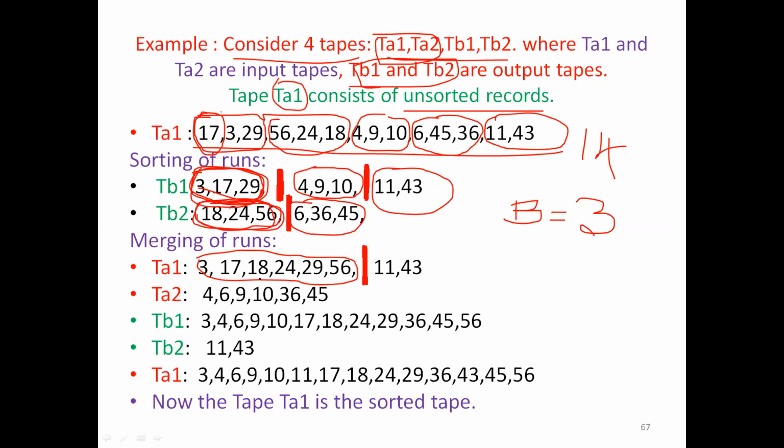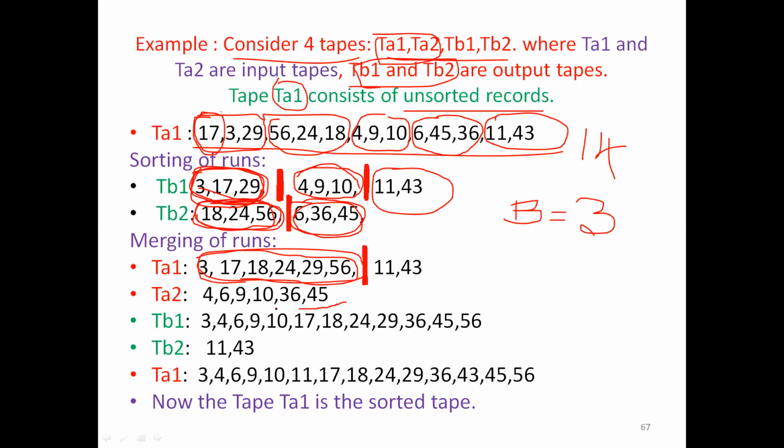We have seen the merge sort clearly. The same thing is working here, the same principle is done here. Instead of doing a single element, I'm taking a whole run. Next, I'll collect the second run from TB1 and TB2, and I'll collect these two runs into the internal storage, RAM. Then I'll perform sorting.